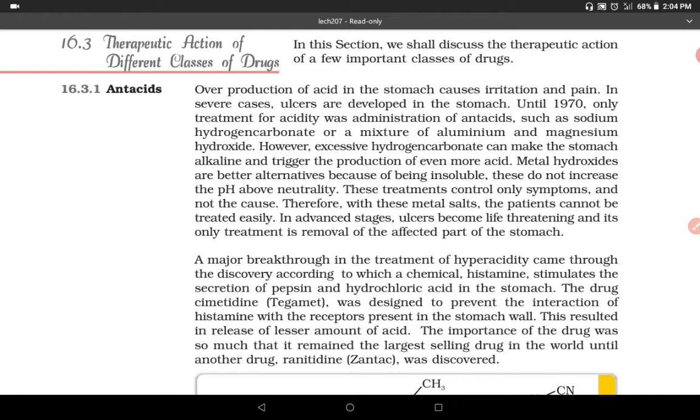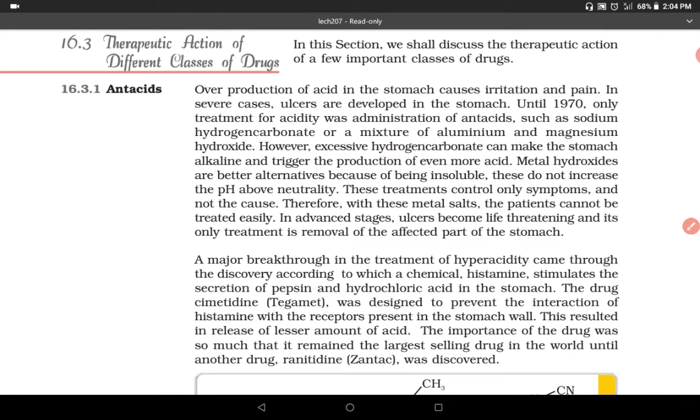Overproduction of acid in the stomach causes irritation and pain. In several cases, ulcers are developed in the stomach. Until 1970, the only treatment for acidity was administration of antacids such as sodium hydrogen carbonate, or a mixture of aluminium and magnesium hydroxide. However, excessive...